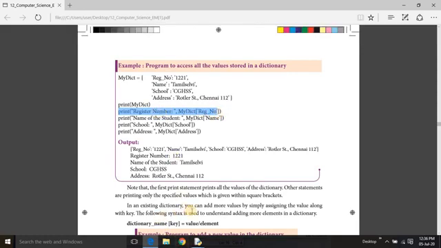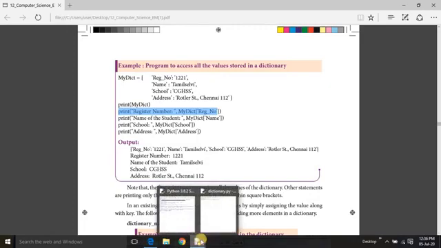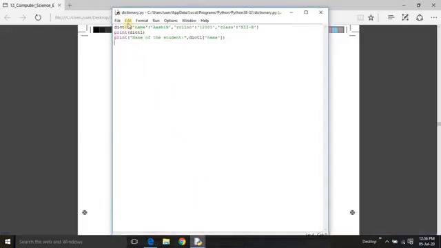In an existing dictionary you can add more values by assigning the value along with the key. Already a dictionary exists. How to add a value? First give the dictionary name, and then the new field you need to add.